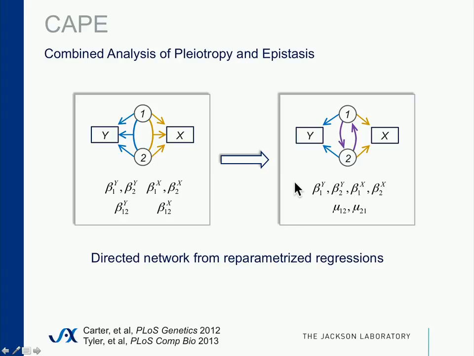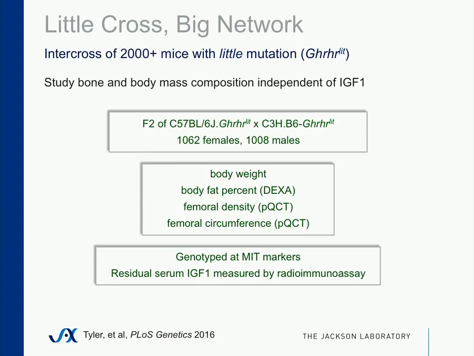And essentially what we're doing is taking the epistasis and we're rotating it in this phenotype space so that now it's aligned with the marginal effects from the two loci. And then now we can model this in terms of locus to locus effects. Okay, so it's a directed network we get of epistasis, and it's basically through reparametrizing regression coefficients for two or more phenotypes. Okay, so we wanted to look at this in as large of a system as we could find,